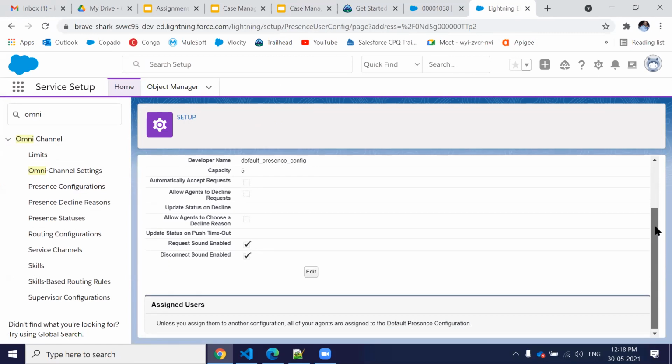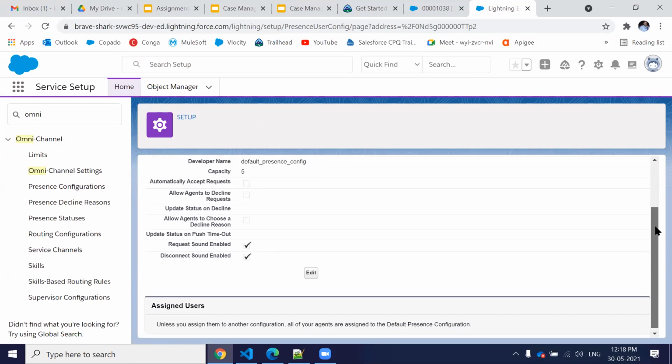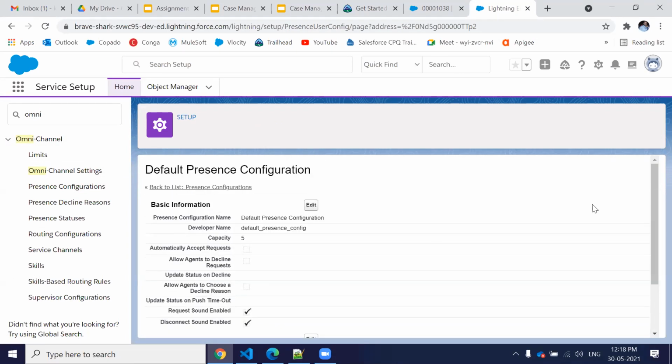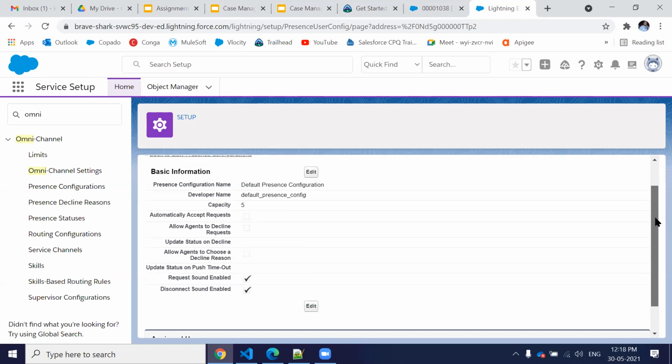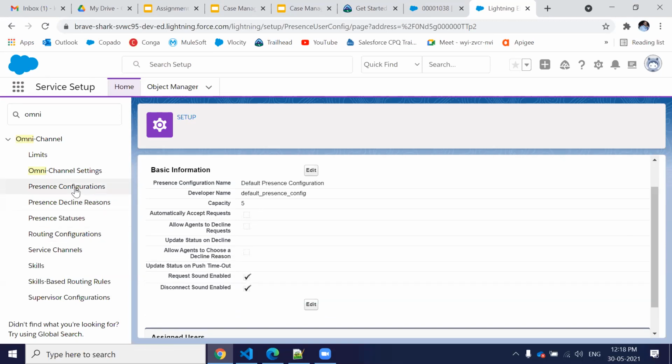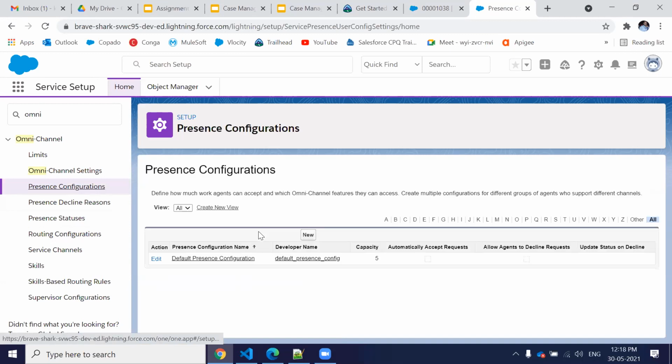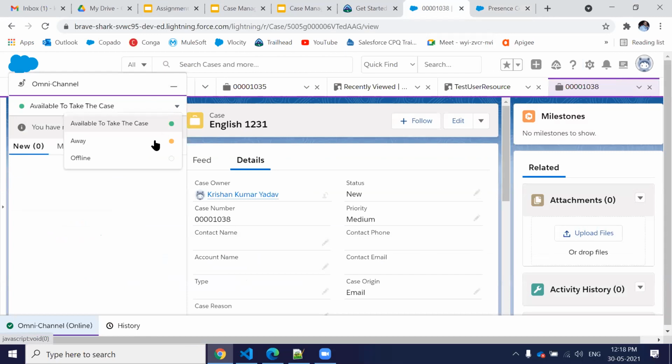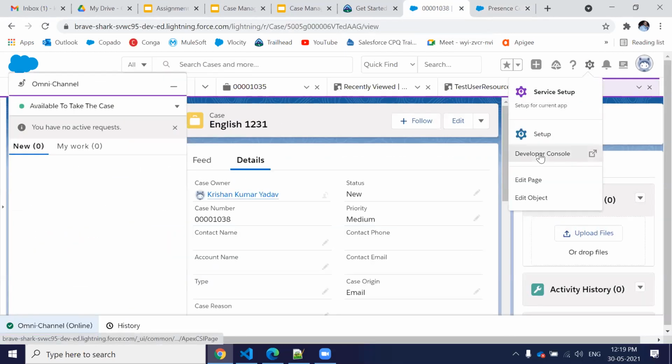So we have request sound enabled and disconnect sound enabled. Okay, this is the default one. All right, let's just make it offline, online. No work is assigned yet. All right.